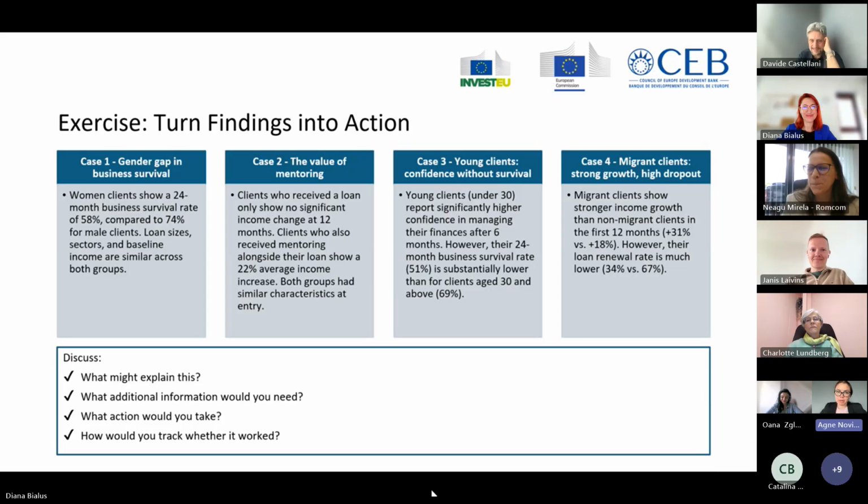So okay, I will introduce, and maybe if colleagues would like someone to add, just feel free to add after I introduce this case. First of all, I would like to define that we define migrants as those people who migrate into Europe from third countries, not EU citizens. Yes. So in our business case, we see a high revenue growth, but still the loan renewal rate is much lower than in the usual customer base. So what might explain this?